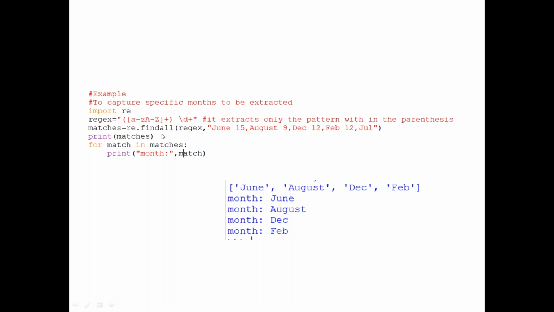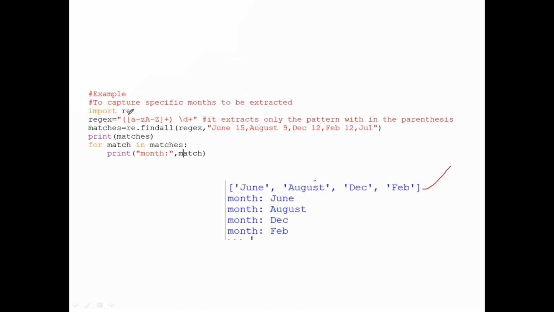Now re.findall, regex, I have the format like June 15, August 9, December, February, and July. Now July is not picked. The reason is I use \d plus, not star. If I use star, then July will be picked up. But I used the plus sign, so July is not in the regular format. It will not be picked. It will be picked only June, August, December, and February. You can see